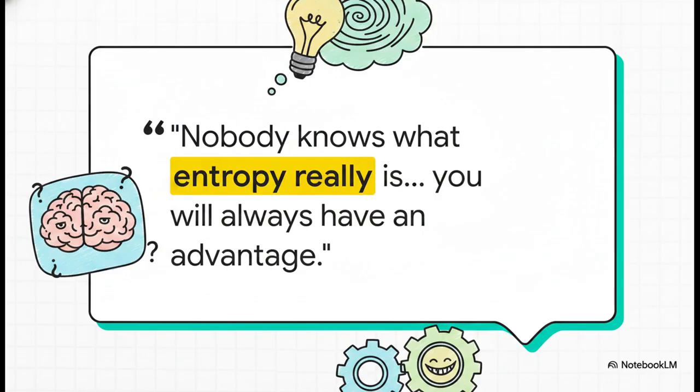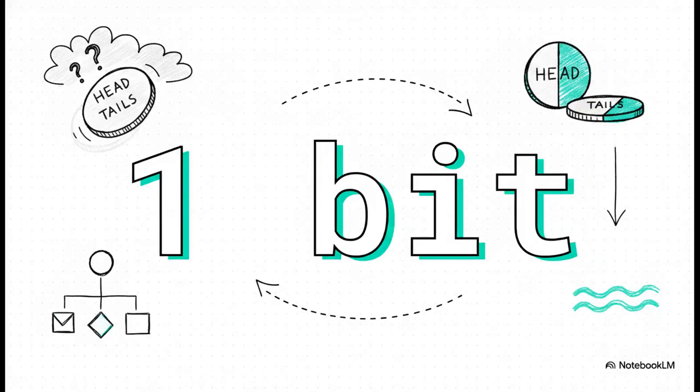But mathematically speaking, entropy in information theory is just the average amount of information needed to specify the state of a random variable. Let's take the absolute simplest example you can think of, a coin toss. If a coin is completely fair, it represents total, pure uncertainty. You have absolutely no idea if it'll be heads or tails. In information theory, the maximum entropy of a fair coin flip is exactly 1 bit. It requires exactly one binary digit, a 1 or a 0, to describe its completely uncertain outcome.